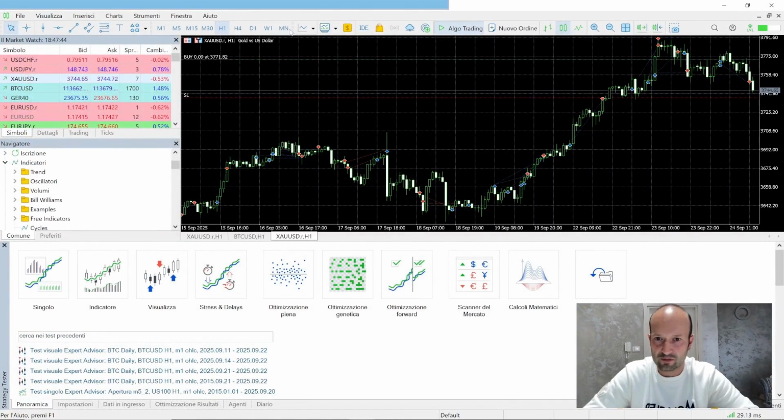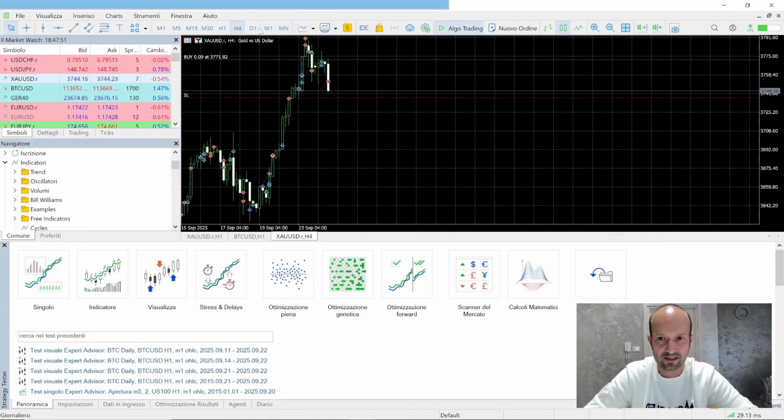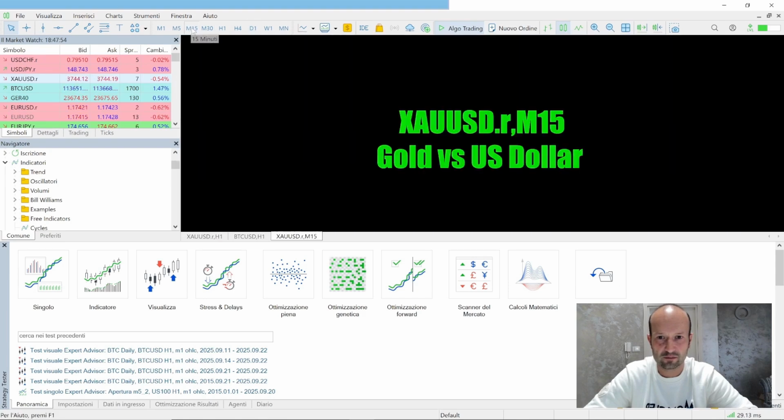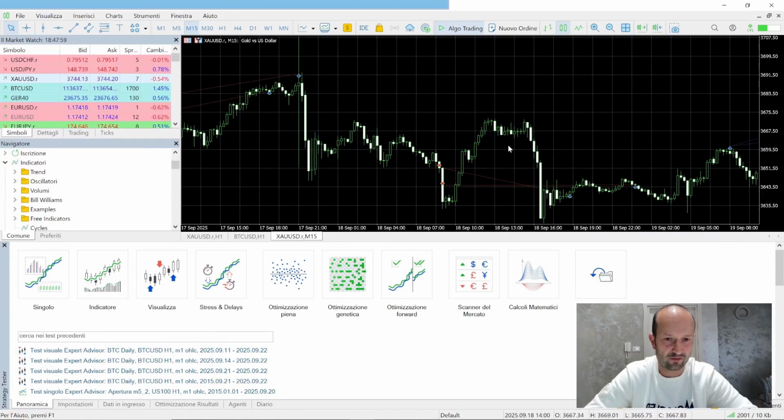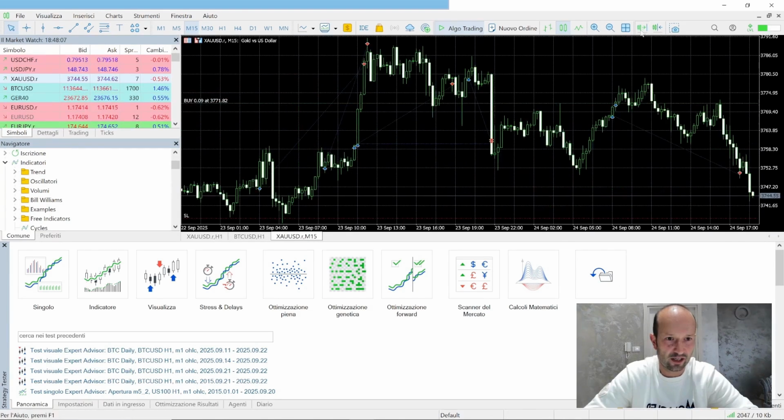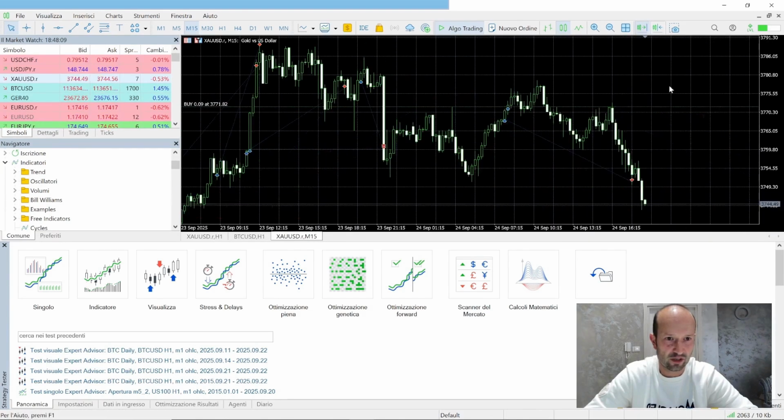Moving on, here we find the various time frames. So right now we're looking at the chart in H1, but we can switch to H4, daily, or M15. Basically, we can view it in whichever format we prefer. Here's the time frame that interests us. For example, right now we're not at the end of the chart. If we click here, it will immediately take us to the end, and this button shifts it slightly to leave